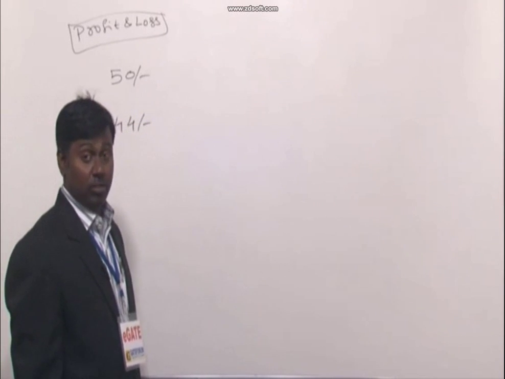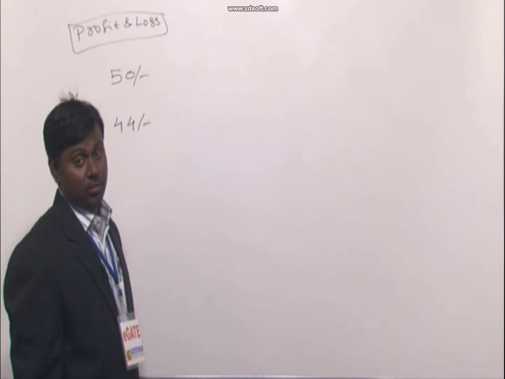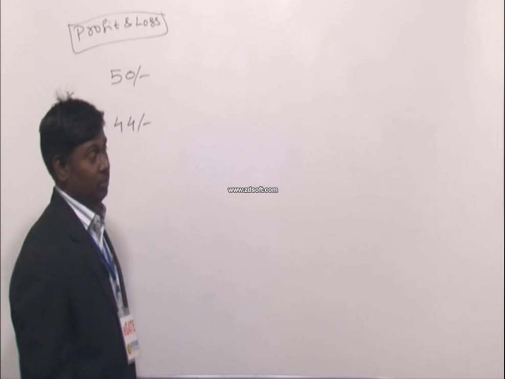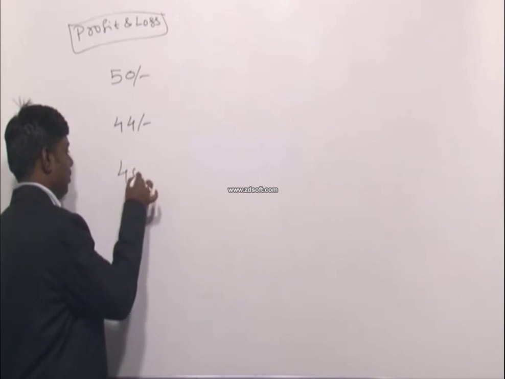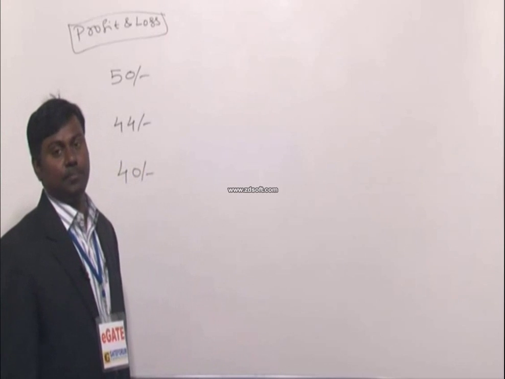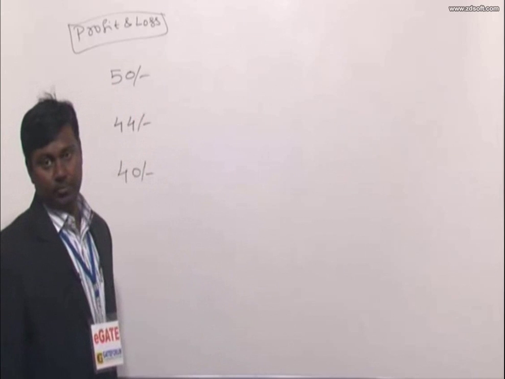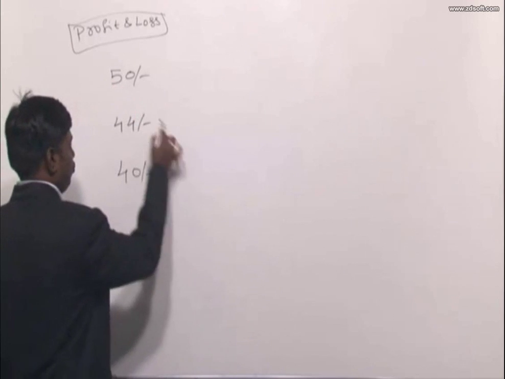I'll be happy because I got a 6 rupees concession. He's obviously happy because he would have bought it for 40 rupees, let us say. You come across 3 different prices: 50, 44, 40. Now if you compare these two,